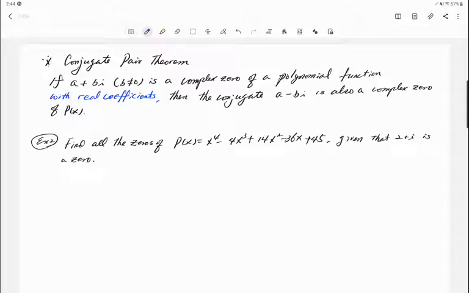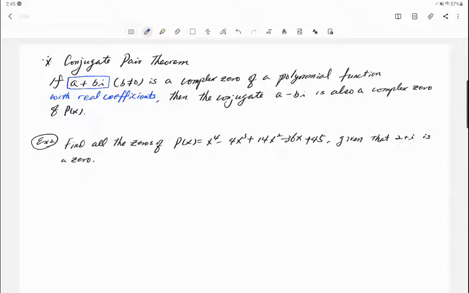All right, there is a very useful definition, the conjugate pair theorem. Let's say a plus bi, where b is not 0. So this complex solution has two parts, a real part and an imaginary part, bi, because b is not 0. If this is a complex zero of a polynomial function with real coefficients only, okay, real coefficients, the coefficients are real numbers, it does not contain the imaginary unit,